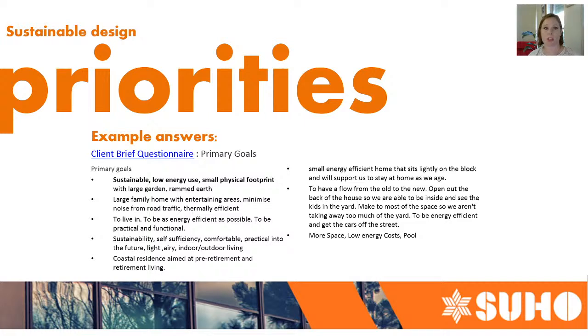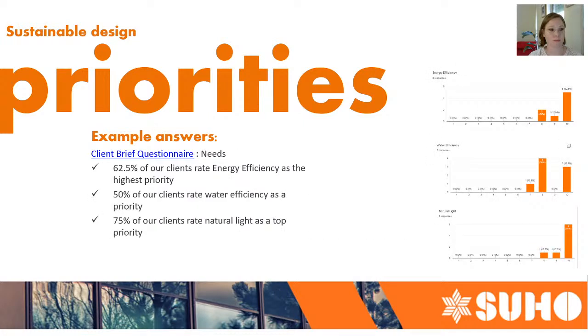So some people want a large family home, someone off-grid might have a better idea of having a small home because they're not actually going to be in it much during the day, they're going to be out on a farm or so forth. So it's about having this communication. In terms of what clients tell us that they need,